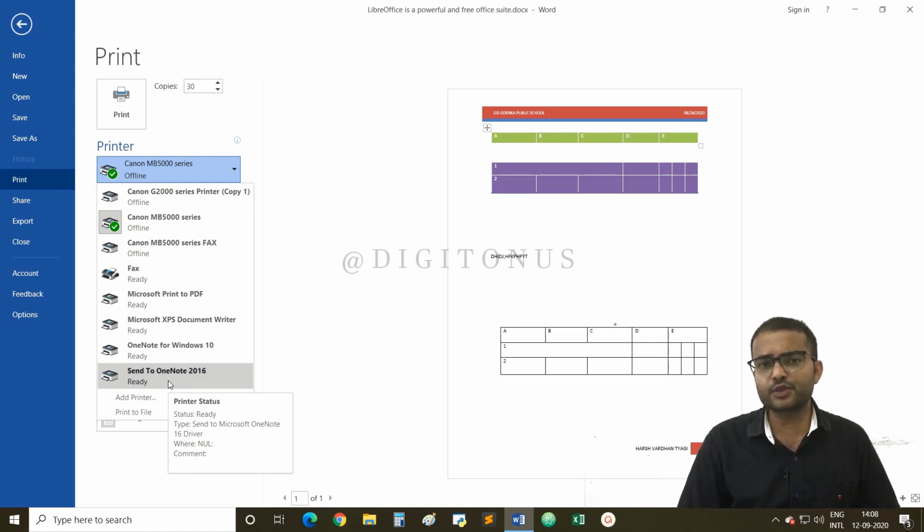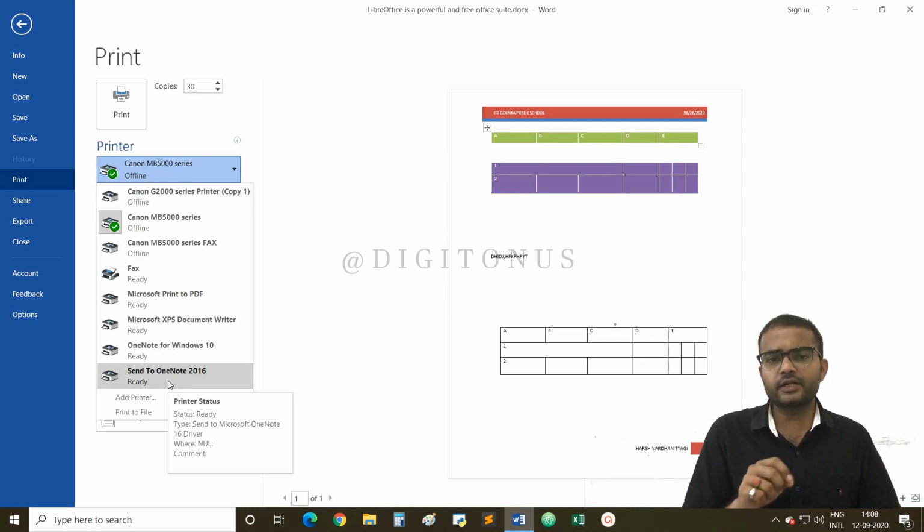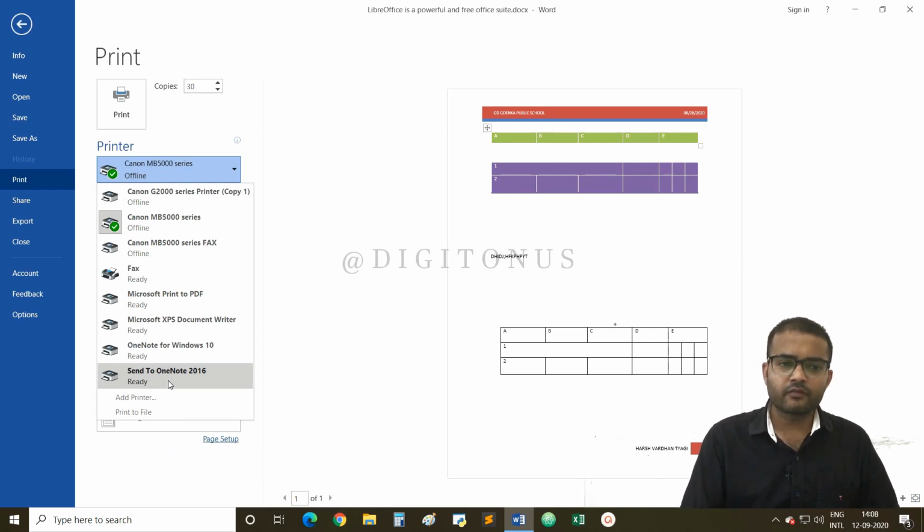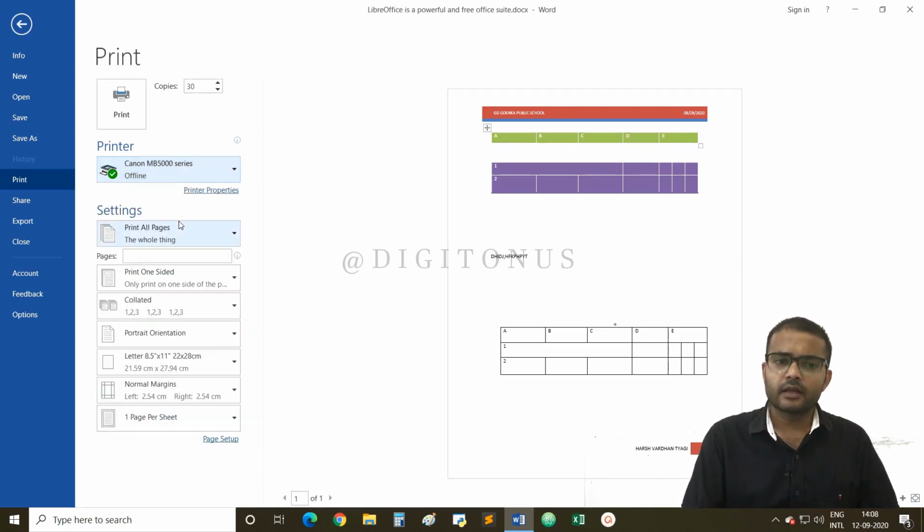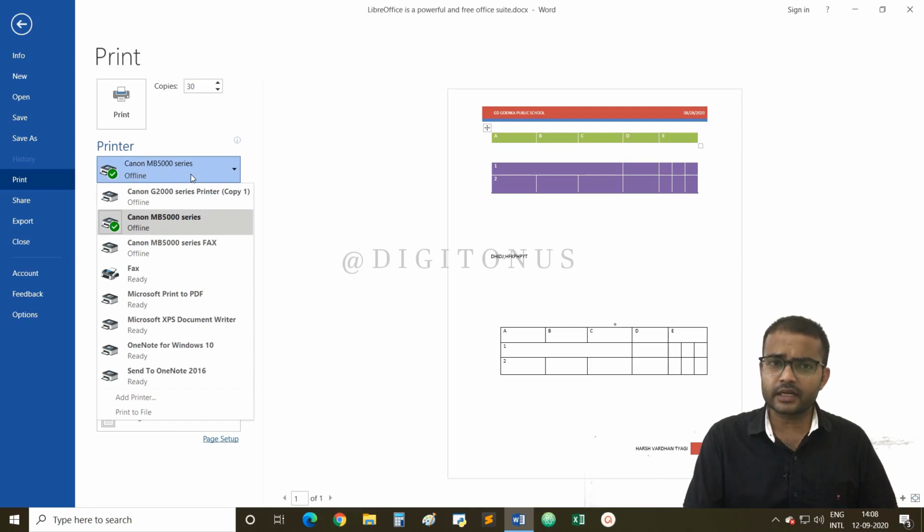It means that this printer is currently in use. जिस प्रिंटर के ऊपर भी ये टिक मार्क होगा, that is a green circle with a tick mark, you can definitely understand that this is the default printer and this is the printer which is currently active. Fine. So we will select this option only. If you have another printer and want to select it from the list, you can do so.